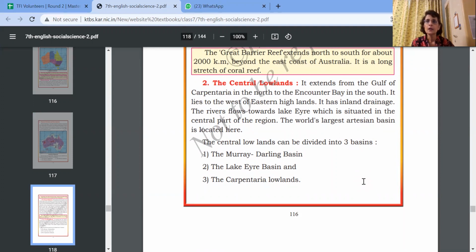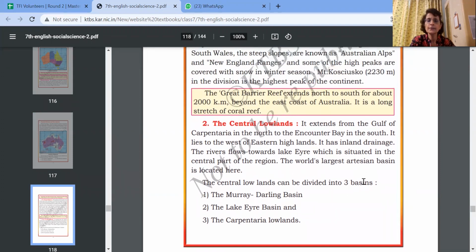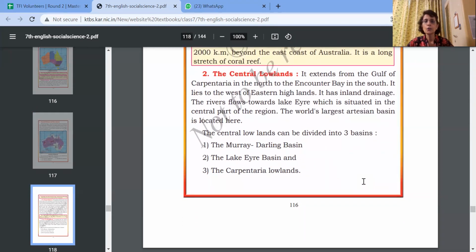Meaning all of its land is at sea level. And this central area of Australia is completely flat, and this extends from the Gulf of Carpentaria in the north to the Encounter Bay in the south. So we'll just mark where the central lowlands are from and to. So mark from here. It extends. You can mark this part